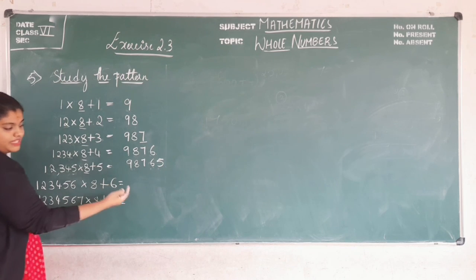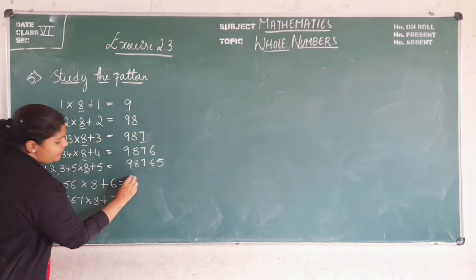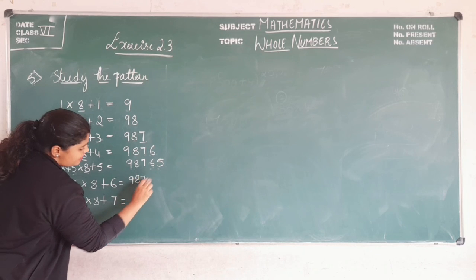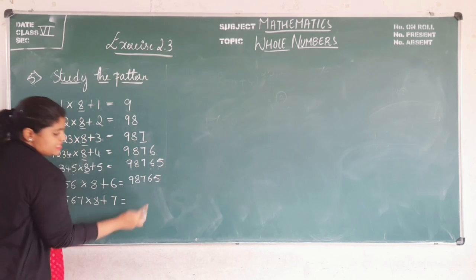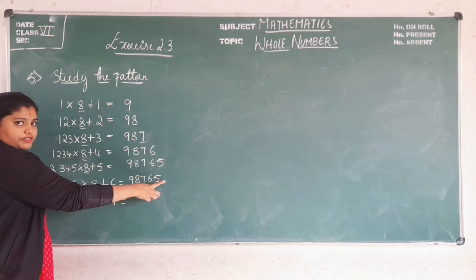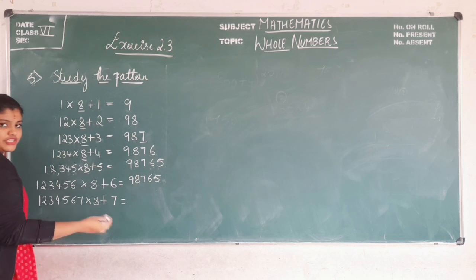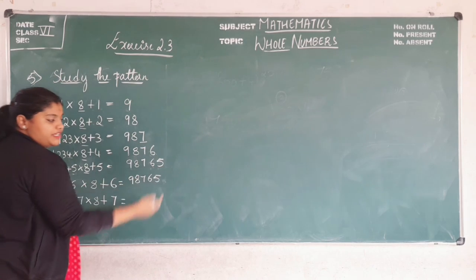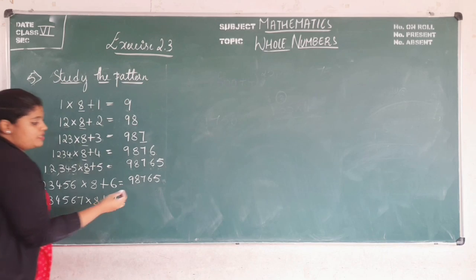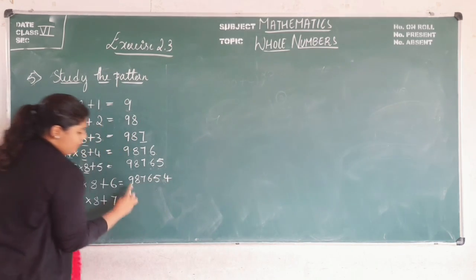Next, what should be the next number? Yes, we have to write 9, 8, 7, 6, 5 as it is. One more digit should be written here. Which is that? Yes, 5 minus 1. So 5 minus 1 is 4. What about the last